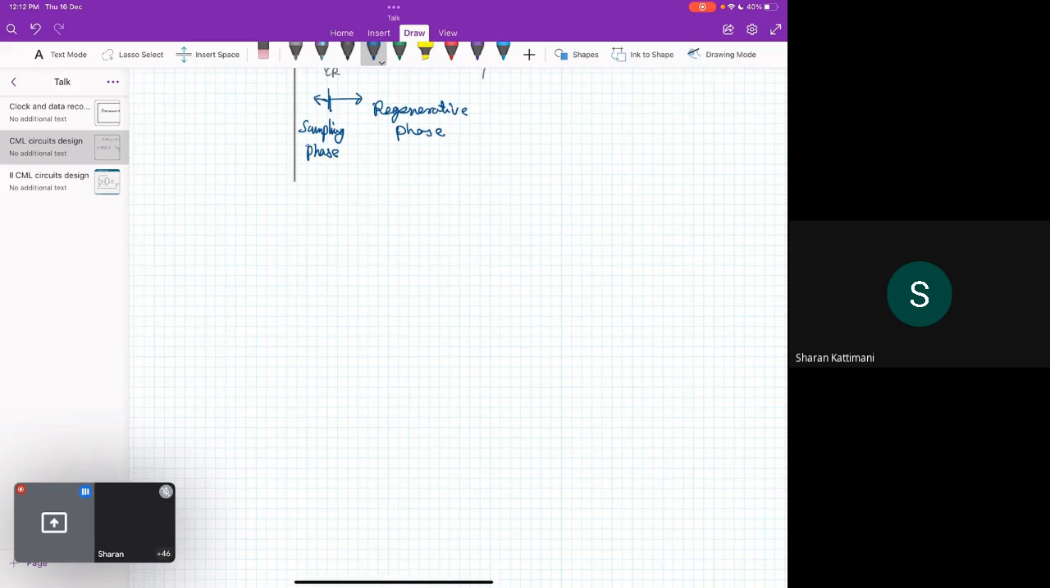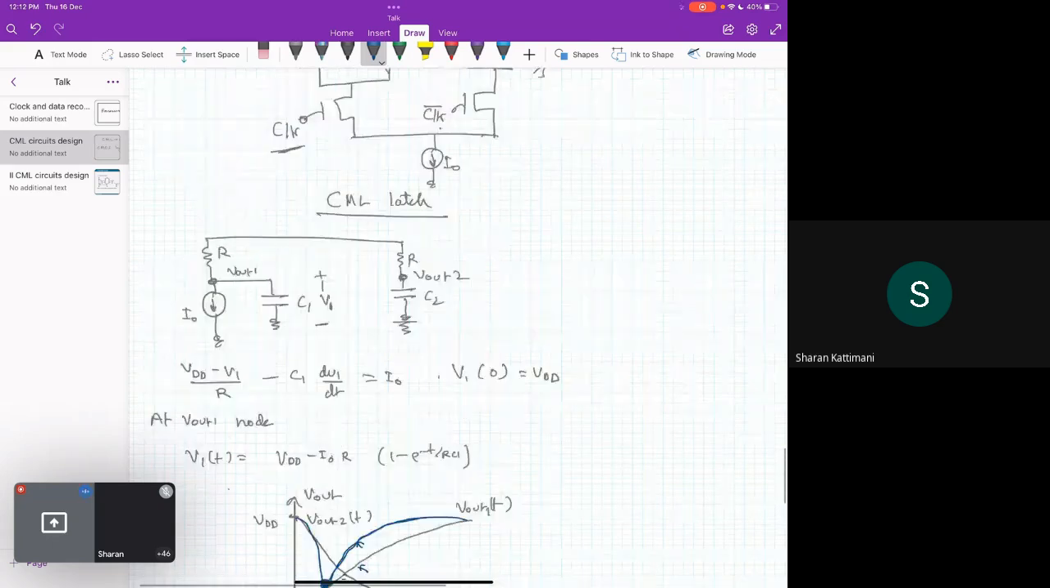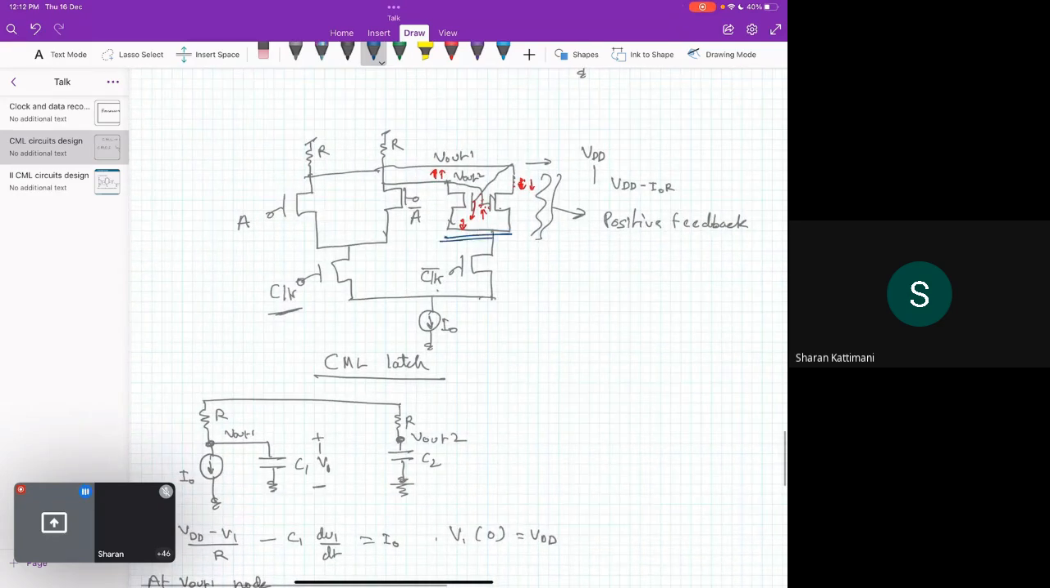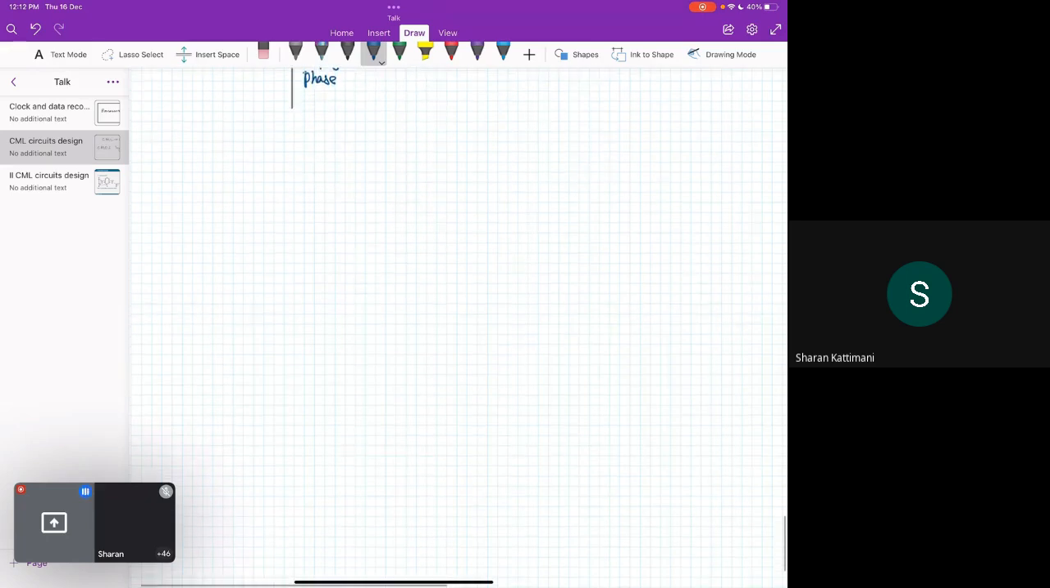Okay, and in this regenerative phase, if you look at this particular positive feedback carefully, it is nothing but a back-to-back inverter itself. So this is the very simple analogy that we can use for that. So it is like this. Okay, and if this is the simple analogy, if we will,